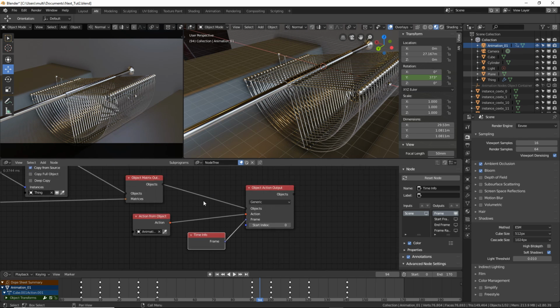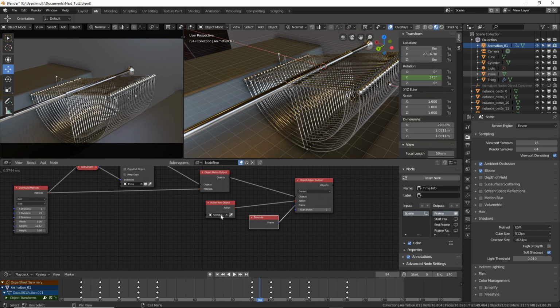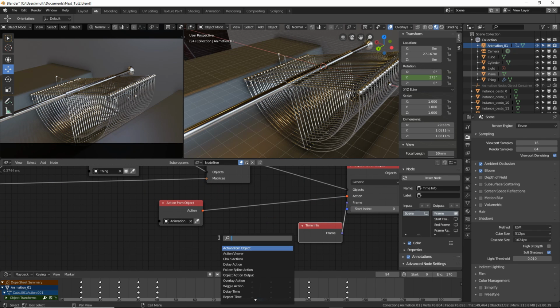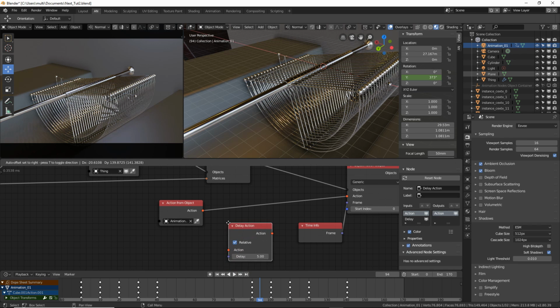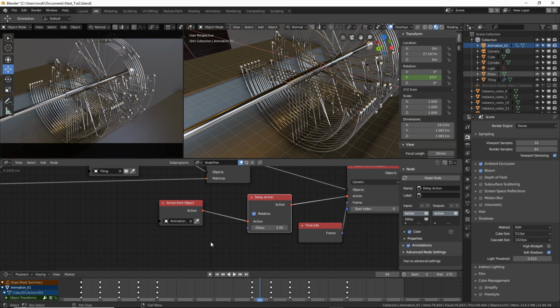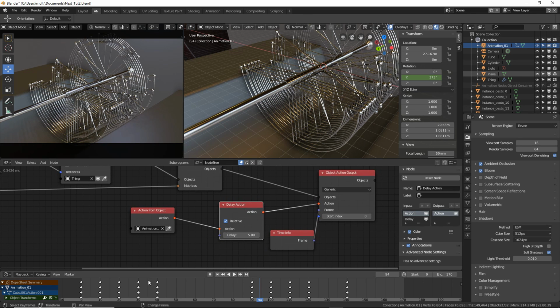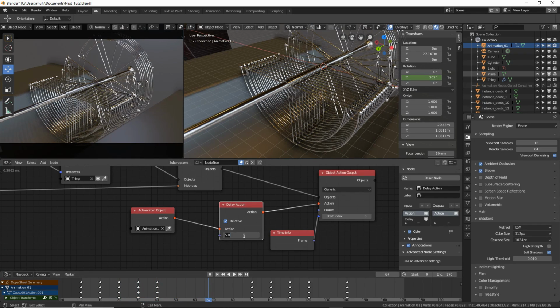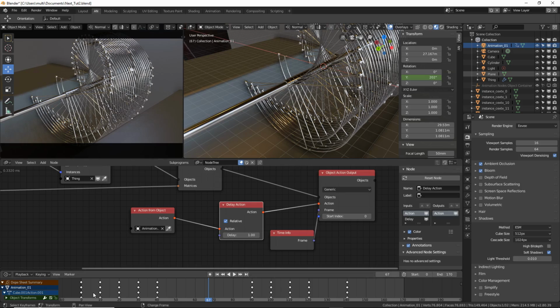So to do that, we can use a delay action. So action, delay action, and just insert in between, and you can see we have that delay, but it is too much, so I'm going to change the delay to like 1 frame delay.